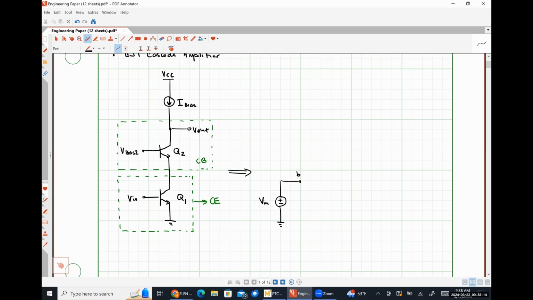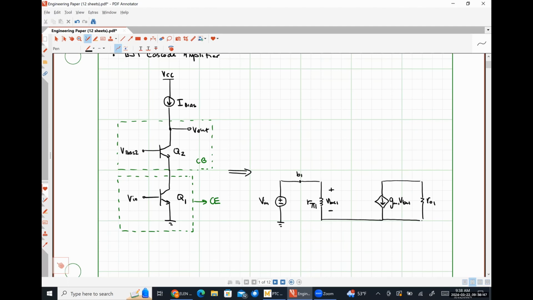Here's my base of transistor 1, my resistance r pi 1, my base-emitter voltage VBE1, gm1 VBE1 in parallel with